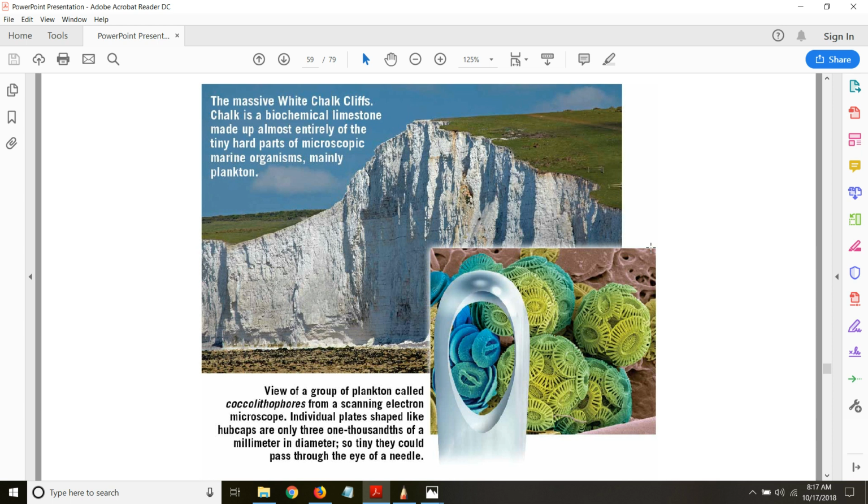This process of cementation and compaction occurred over hundreds and thousands of years. When these microorganisms die, their shells drop in the ocean water and settle on the bottom of the ocean bed, and they end up making these sedimentary layers. And as more and more animals die, their fossils